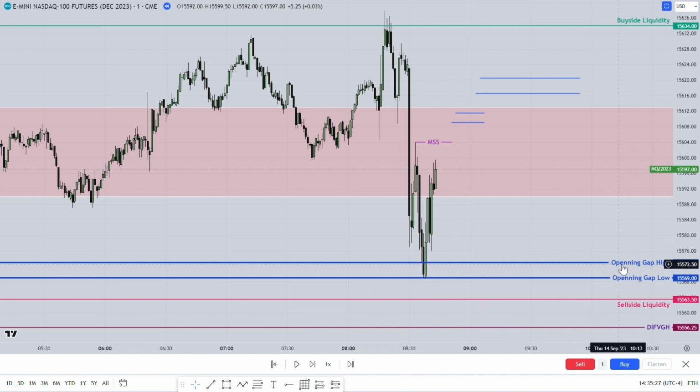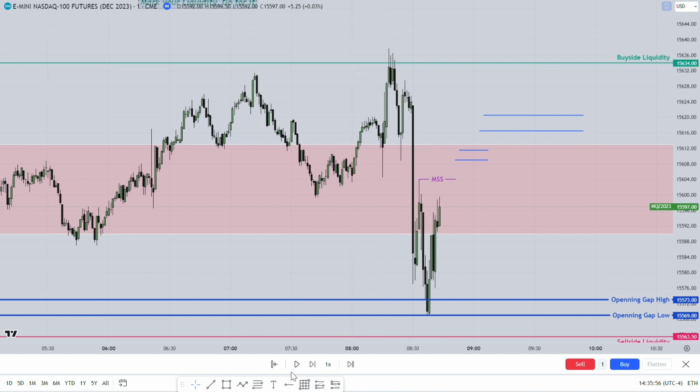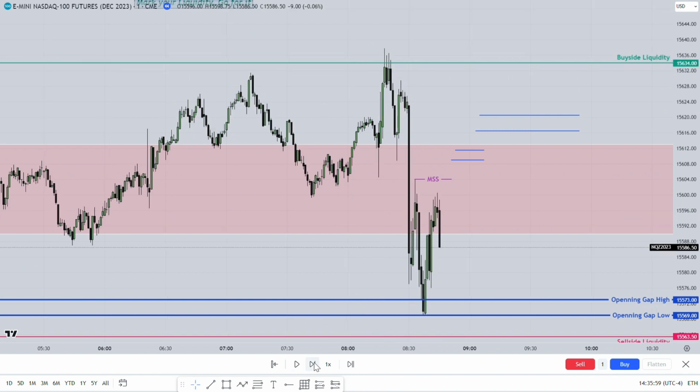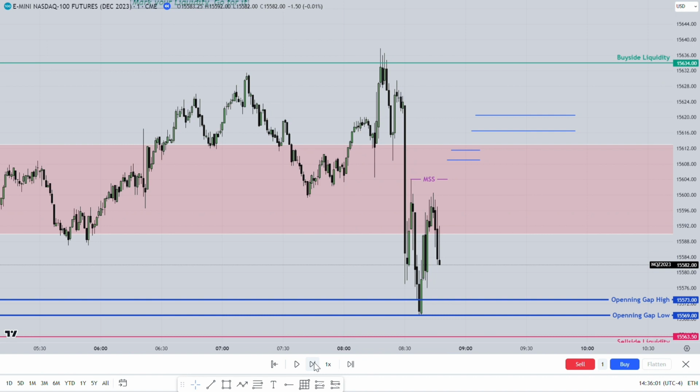This is the opening gap today. Today's opening gap means yesterday at 5 p.m. the market closed, and at 6 p.m. the market reopened. So that is the gap. I marked it. You see price came to this gap, traded this gap, then started to go higher. It didn't clean this sell side liquidity, but it has cleaned the buy side liquidity. So it's trying to take another attempt to come lower,